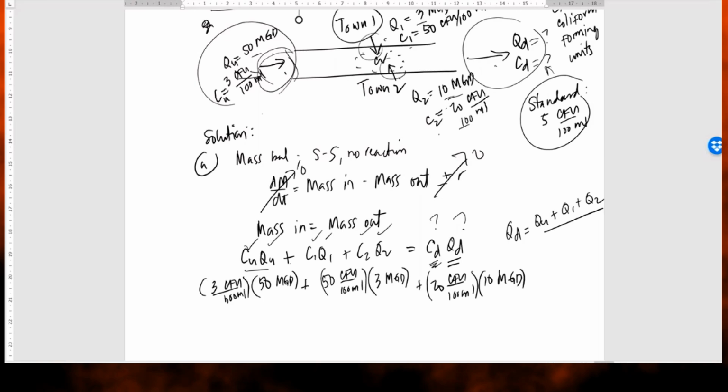Notice we did not convert to liters because everything is in gallons, so it should be okay. It's equal to